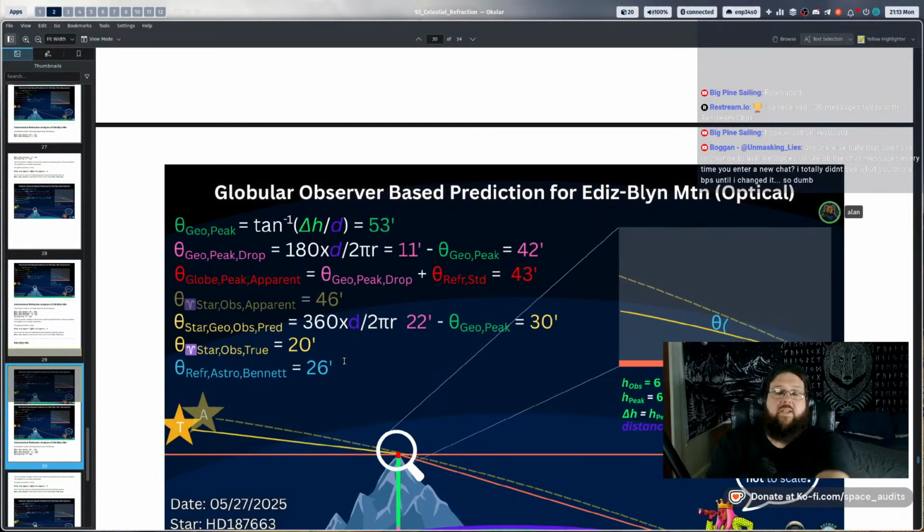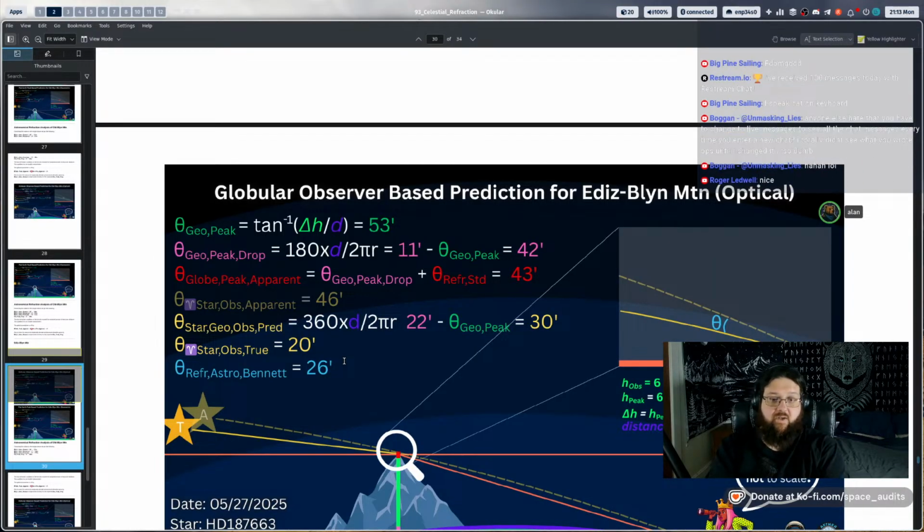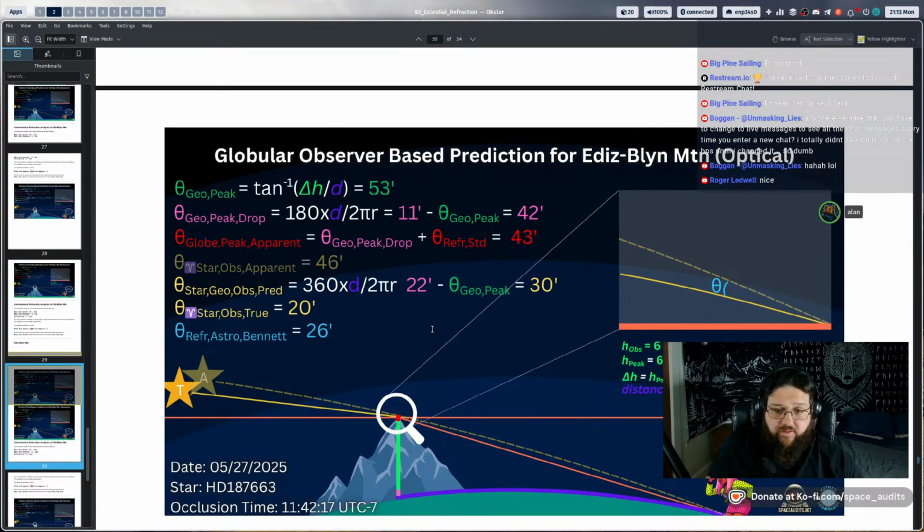So this is really interesting because it validates our methodology and use of the occlusion timings and monitoring it with respect to the peak, because that's the actual physical intersection that's dictating when you see the object occlude or emerge even. So really awesome contribution to the measurements there.